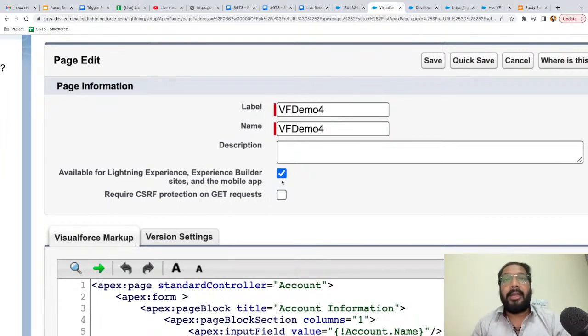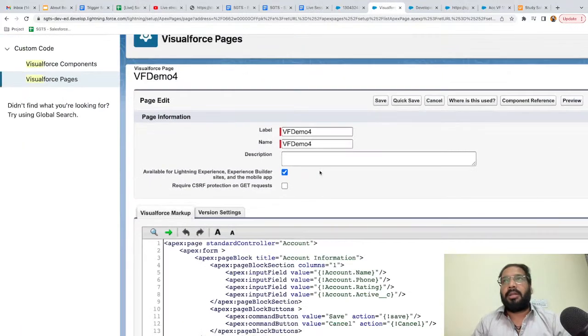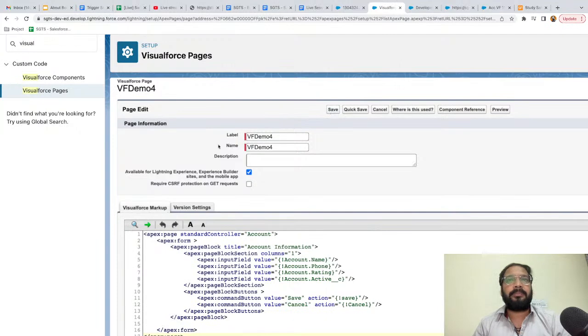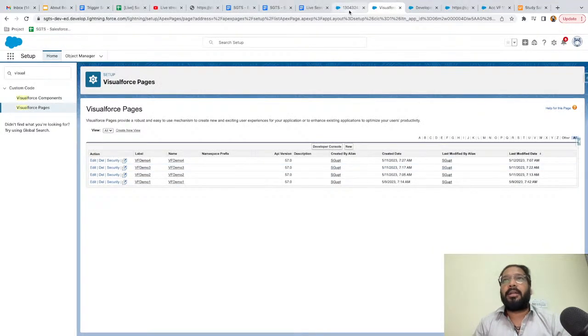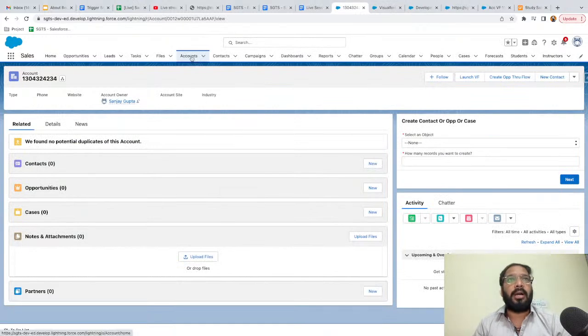So if you enable this checkbox, it means you will be able to use your Visualforce page in a particular place. It can be Lightning Experience, it can be Experience Builder site, or the mobile app, right? So I will be placing this Visualforce page on a Lightning Experience page. So I'm just saving it. So that Visualforce page is modified. Now I'm just moving to accounts,